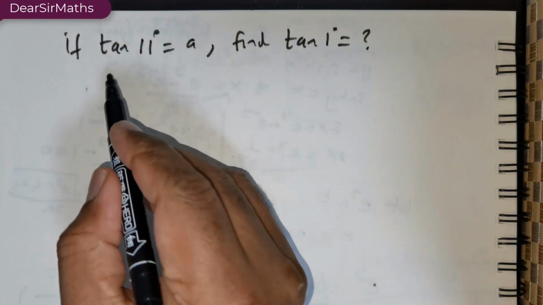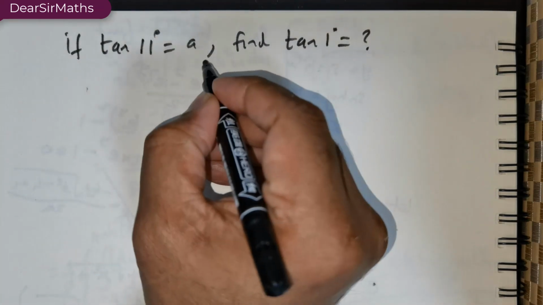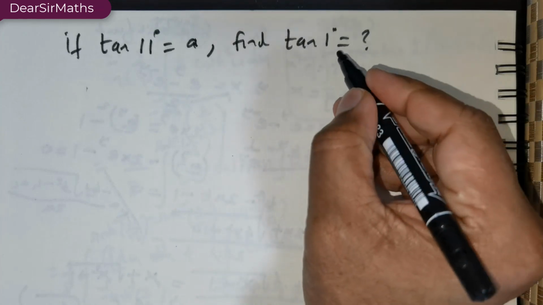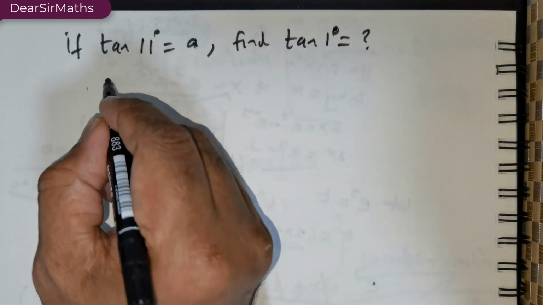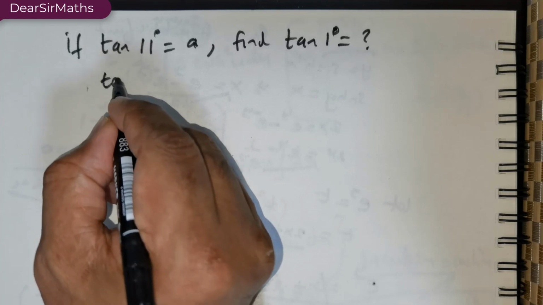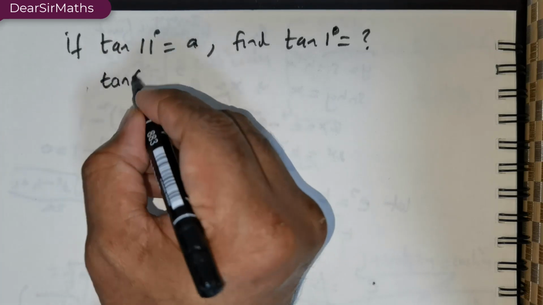Good day everybody, we got a beautiful question. If tan 11 degrees is given to be A, we are expected to find the value of tan 1 degree. Now, foremost, I would like to start off the solution with this all-important formula, which is tan of A + B,